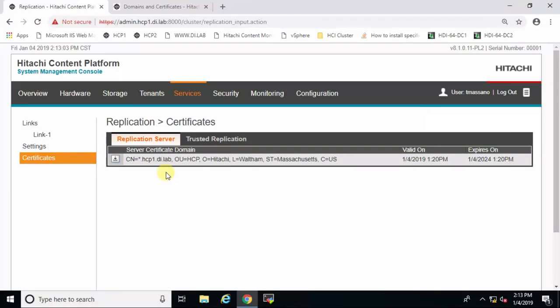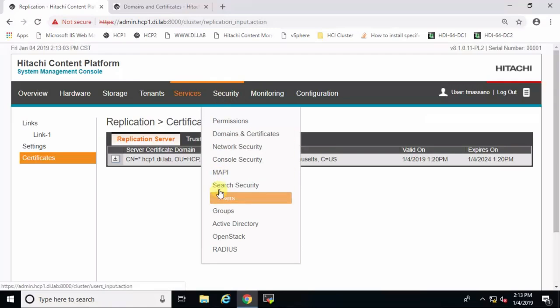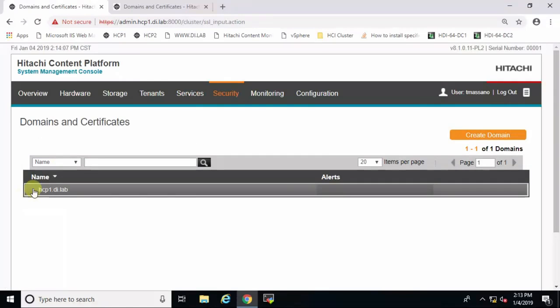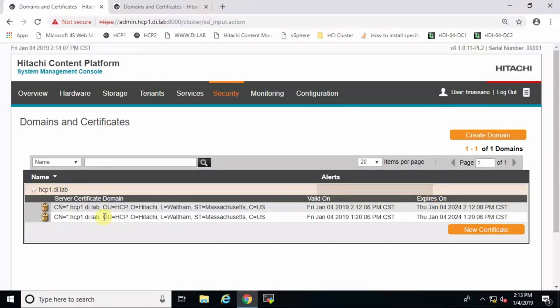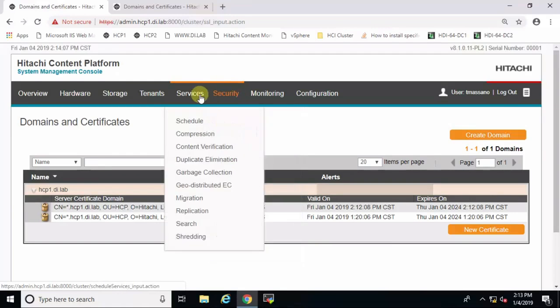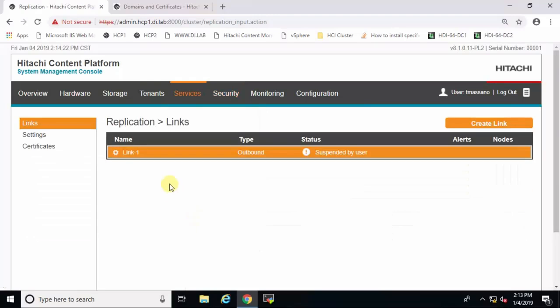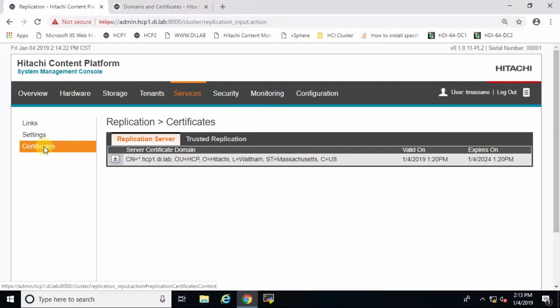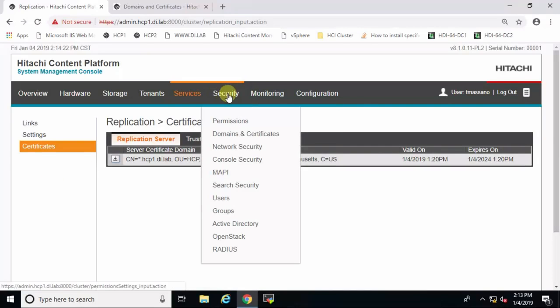Now if you remember, we went back to certificates here and only saw the one certificate, even though if we go back to security here, we actually have two. But HCP is always going to use the most current certificate, the one on the top here. That's why in the replication, we only see this one certificate. Now that we have suspended the replication,